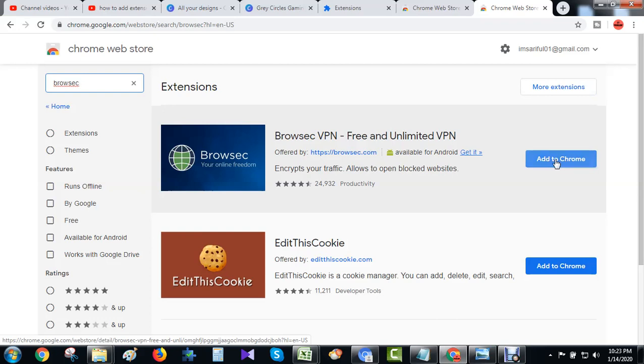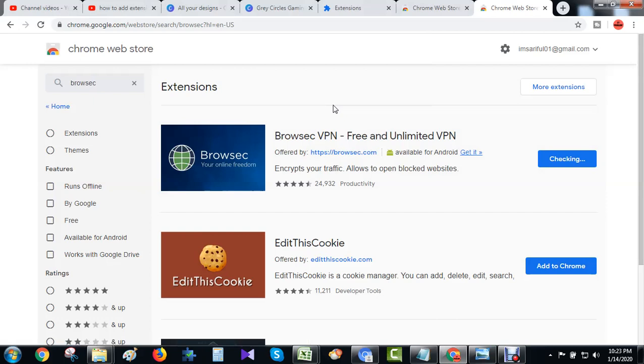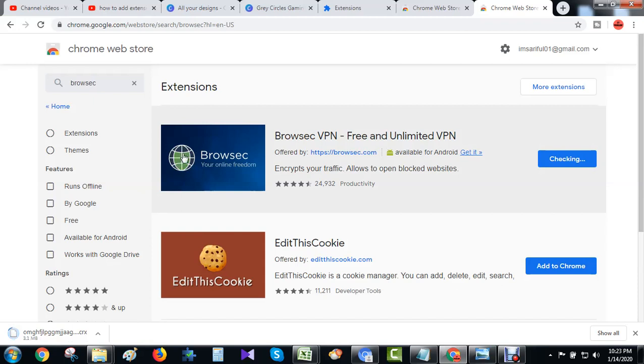Now click Add to Chrome. Then click Add Extension. Here you see this logo. After a few seconds, here you see the extension being added to Chrome in the progress line. When it completes, this extension is added in my Chrome browser. Wait a few seconds. When it completes,